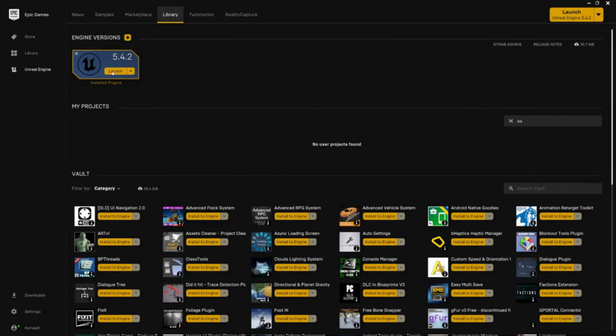With that though, the first thing we're going to do is click on Launch up in our engine version. Now in this case I'm using 5.4. However, you can follow along with any version you want. There may just be a couple of minor changes in the syntax or some of the locations of things. But with that, okay, once this actually opens up,